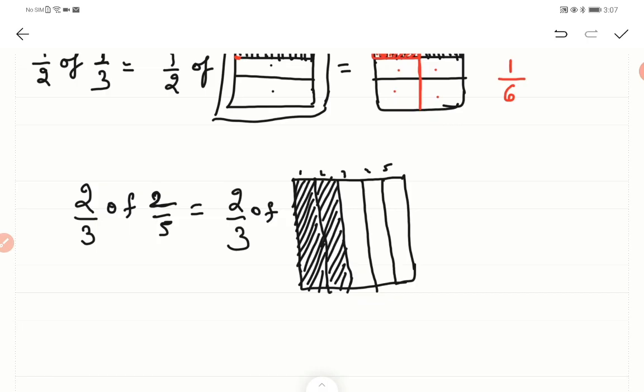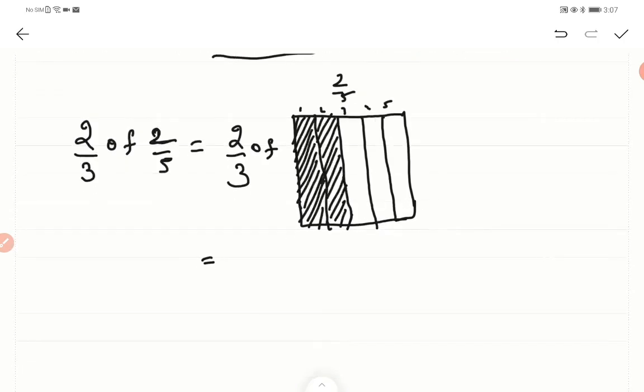So this diagram will give you 2 by 5. Now you need to consider this diagram. We need to divide it again into 3 parts, and 2 regions shaded. That is 2 by 3 we need to add in this. So let's take first